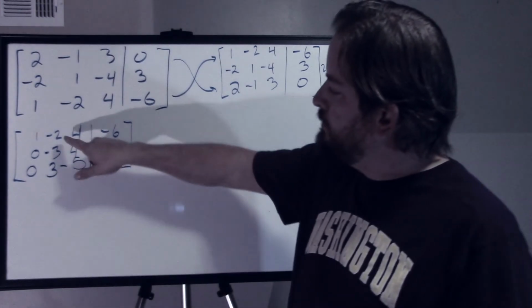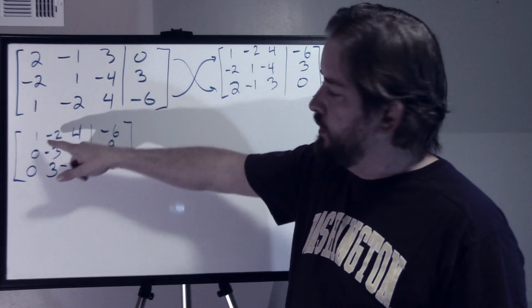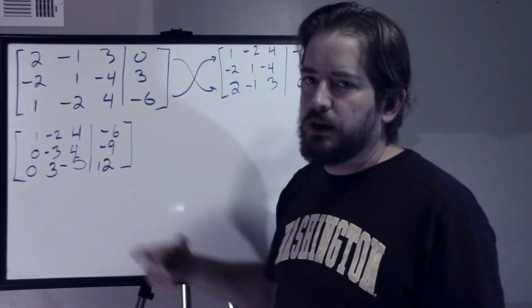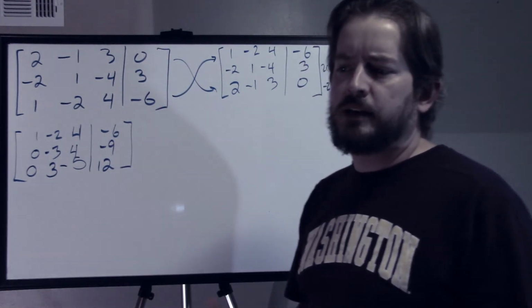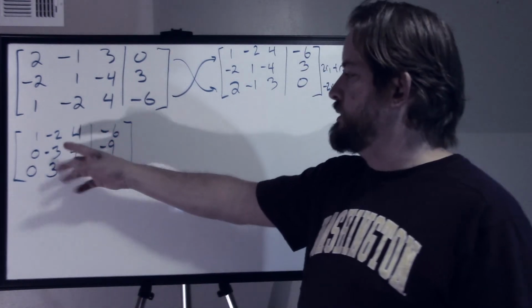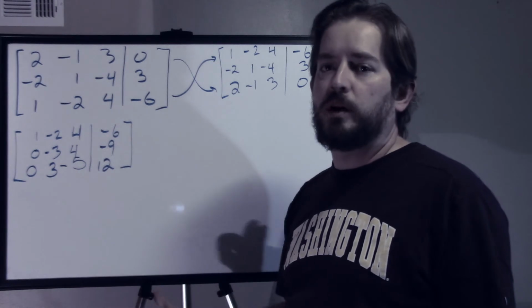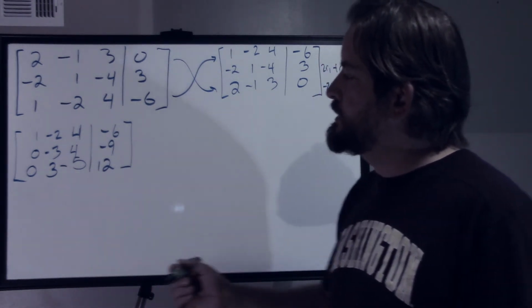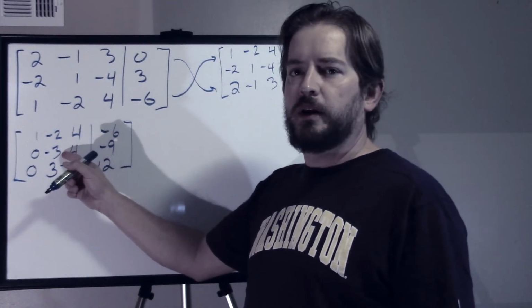fraction. Because I can't mess with the guy above it, because if I do, I'm going to introduce a 1 back into this column. I have a negative 3 and a 3. They're the same number but different signs. I can't multiply one by something and the other by something else and get them 1 apart. It's not going to happen, right? So what I'm going to do is kind of ignore that guy for a minute and go to the next